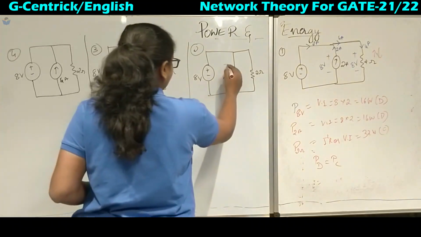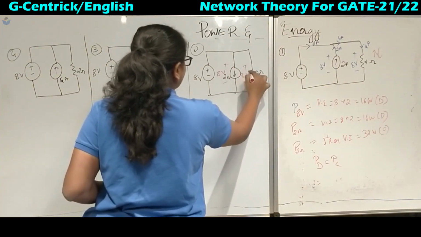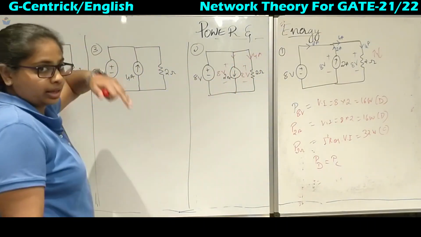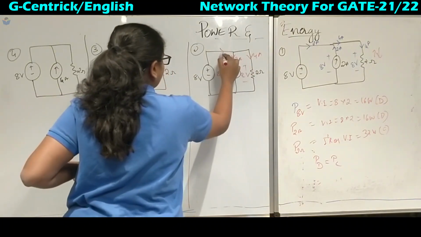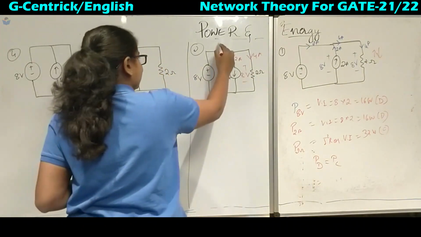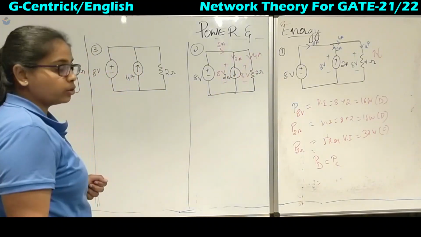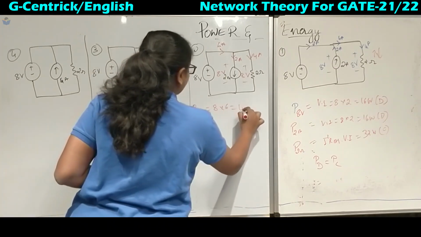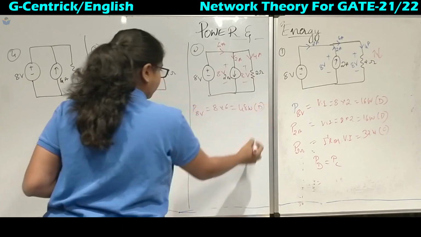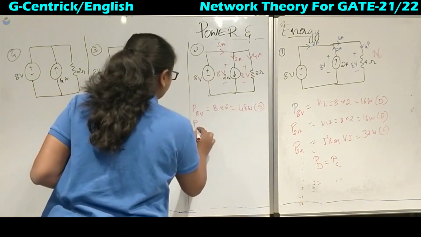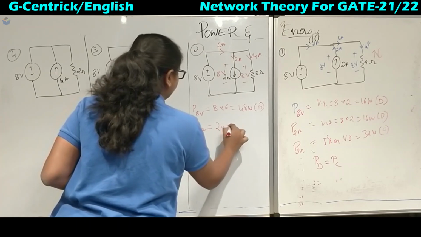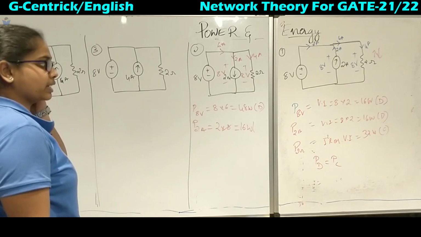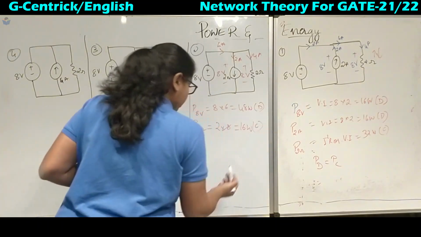So coming to this problem, we have got 8 volts, the current is the same, but the direction of this current source has been reversed. So it is 2 ampere. If we apply KCL here, what do we get? 6 amperes, 4 plus 2 leaving equals incoming. Now the power across the 8 volt is 8 into 6, 48 watts. They are in the same direction, so power is delivered. Now power across the 2 ampere, 2 into 8, 16 watts. The direction of the arrowheads for the voltage and current is different, so it is power consumed.